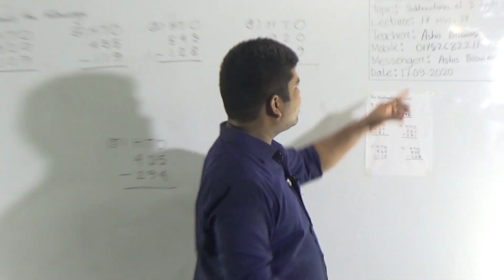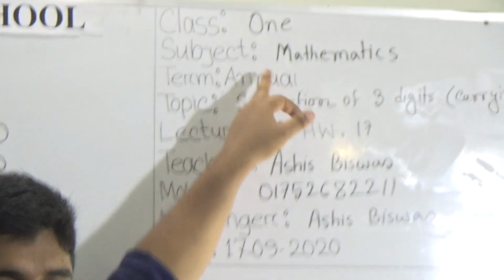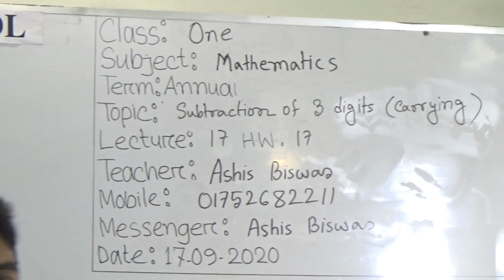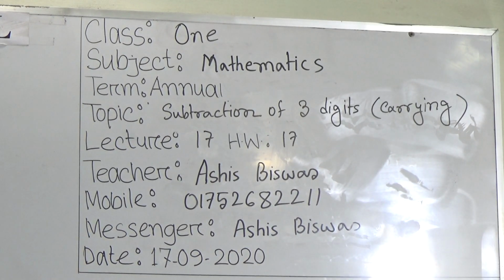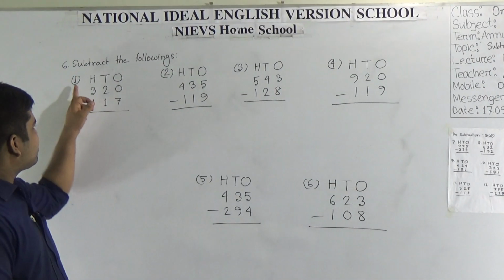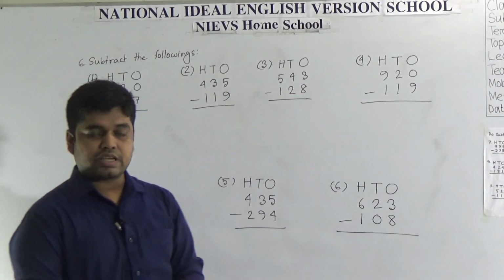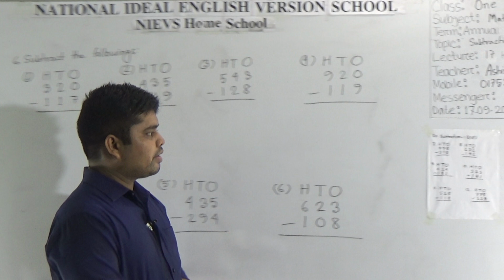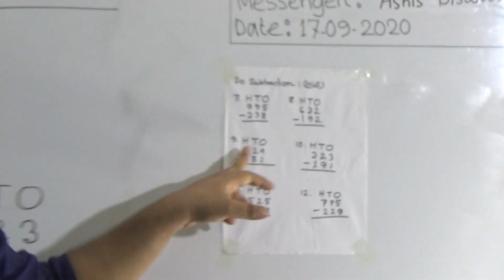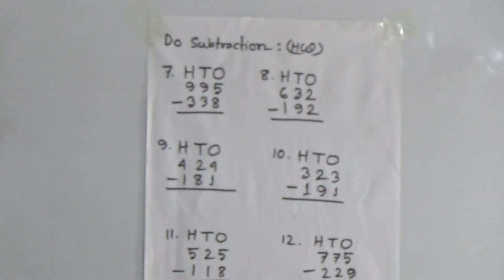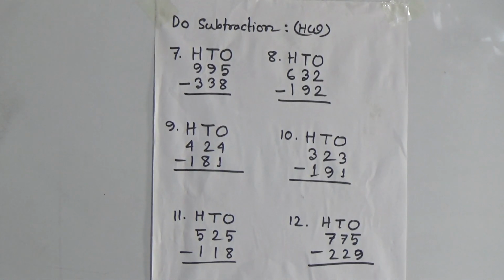Our lecture number is 17 of annual term and our SW number will be 17 also. My dear students, here 6 problems are given to solve. Question numbers 1, 2, 3, 4, 5, 6 will be CW in your class, and 7, 8, 9, 10, 11, 12 will be your SW. So, let us start our class. The first question is